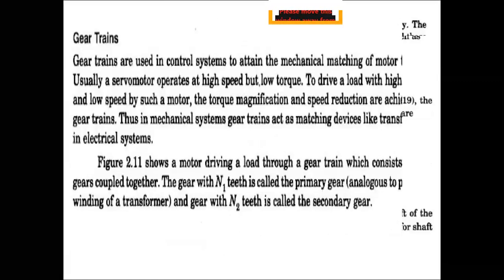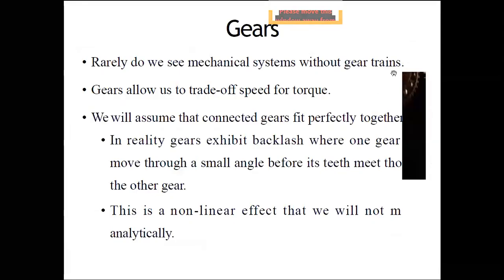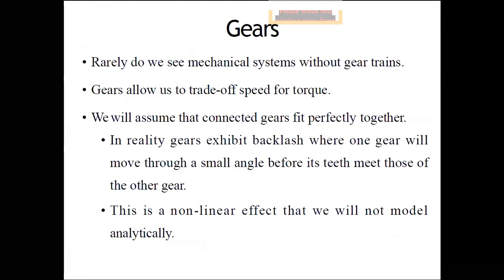Now, before concluding, let us see the assumptions that are made. The systems are complex, but we are interested in a specific aspect. So you want to make the system as simple as possible. For that to happen, we will make some assumptions. We are thinking that the entire power will be transferred from primary gear to secondary gear, right? But by the time the first gear moves, touches the second gear, the first gear will move through some small angle. So its linear movement will be different from the second one.